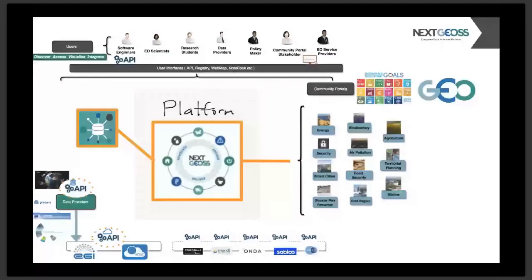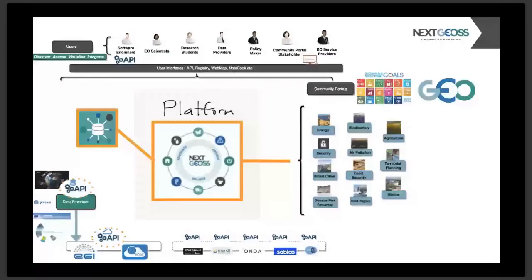So we call them pilots, and we have plenty of them already and growing. And such pilots are led by key stakeholders in domains such as energy, biodiversity, agriculture, and so on. And these stakeholders usually operate on their own portals in order to engage with their community of practice and deliver